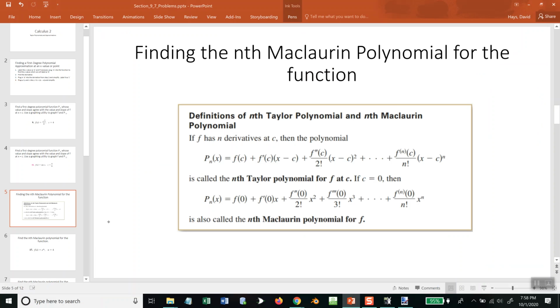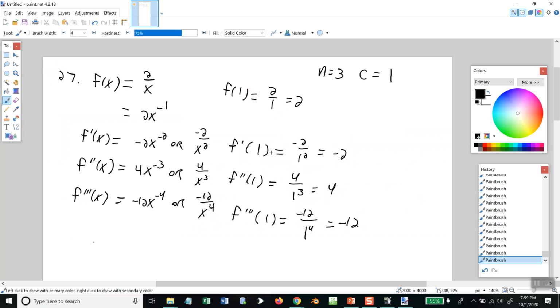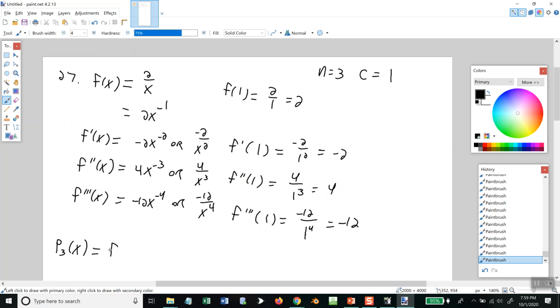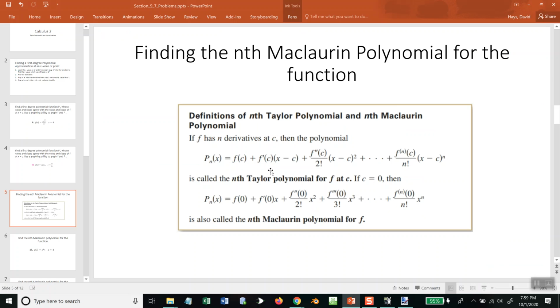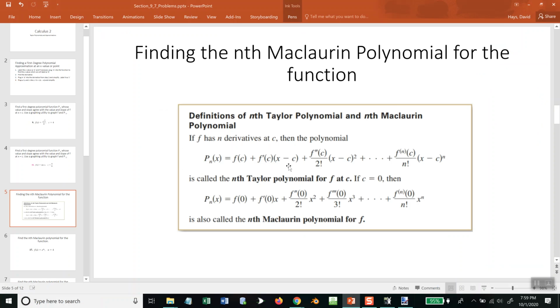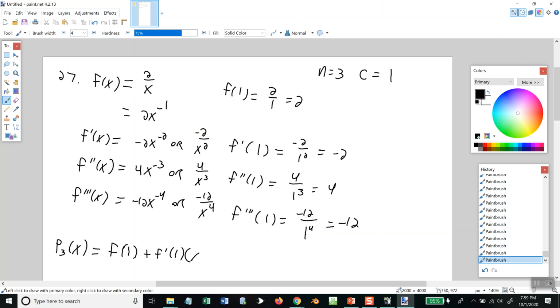Now our formula is this first one here, so I'll replace the n with 3. So p sub 3 of x is equal to f of c, and c was 1, so I've got f of 1, plus f prime of 1 times x minus c, so x minus 1,